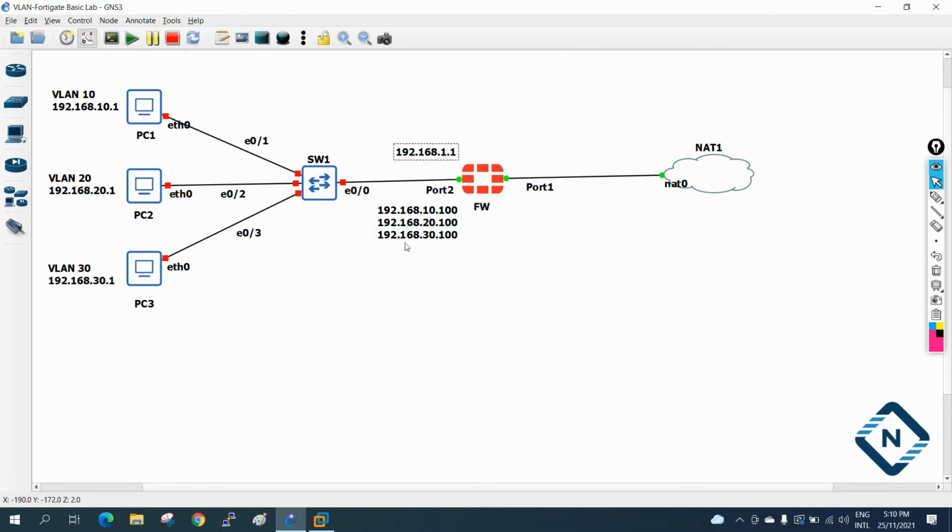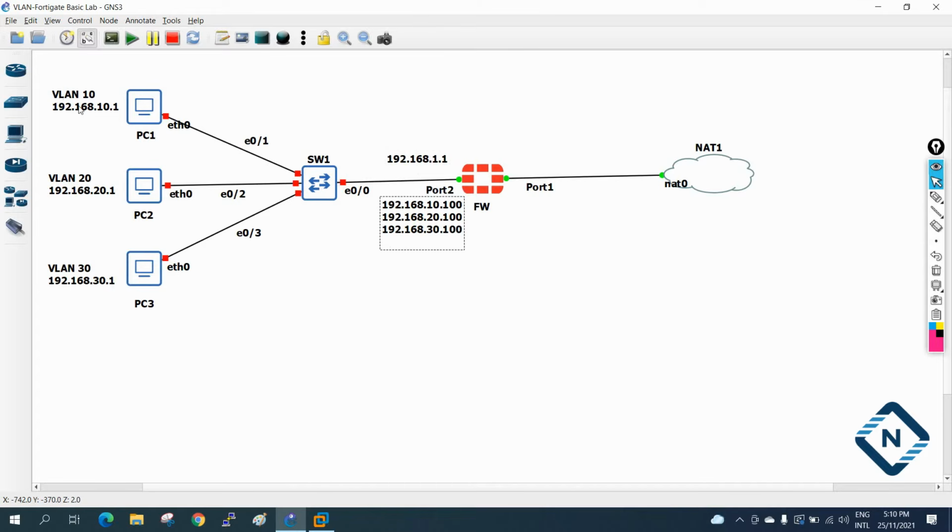Okay, so no issue. If you remember in the router what we are doing, we will go inside that interface and we will write no shut, and then we are creating sub interface. We are not assigning the IP in the router and in Palo Alto firewall also. But in FortiGate, even if you did not assign the main IP, no issue, it will work. But just I am assigning in case if I want to do some telnet SSH, so I can use this IP from LAN side for that purpose. Okay, and this is the sub interface.